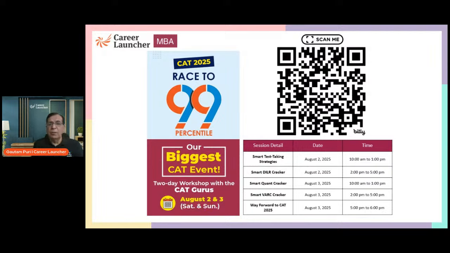Okay, and what we will cover is, again, in DI we will talk about more and more ways of doing these data sets. How should you pick up sets, Jugaad, etc. What are the various ways of handling it? In quant, similarly, we'll be looking at the various ways of solving questions. The Jugaad solutions of quant, or the Jugaad problem-solving approach of quant, is what we'll